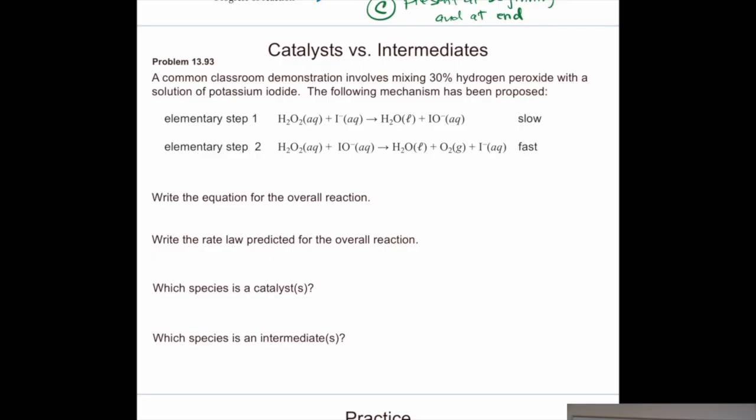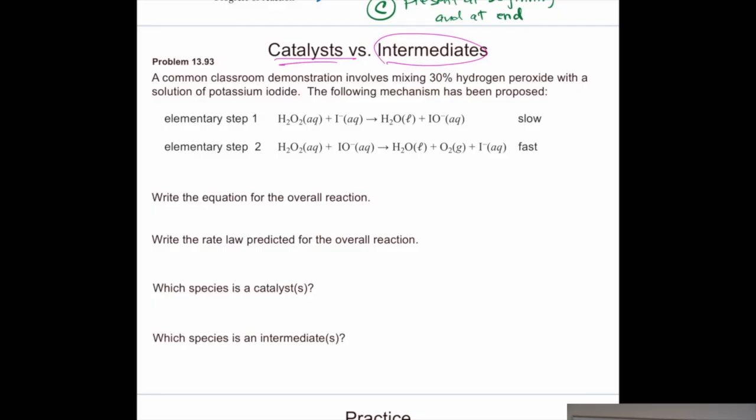Remember that we had things that were produced in the reaction and then were consumed in the next step. What are those called? Intermediates. All right? So you should know what an intermediate is. And of course, catalysts are present at the beginning of the reaction and they're present at the end of the reaction. So they weren't used. Or if they are used,